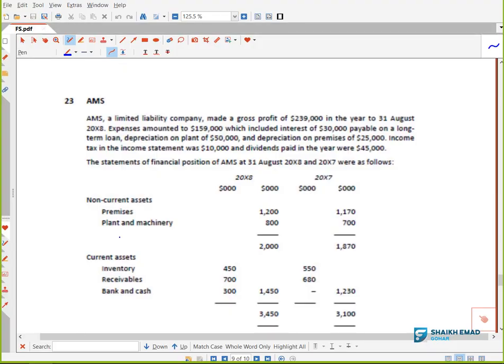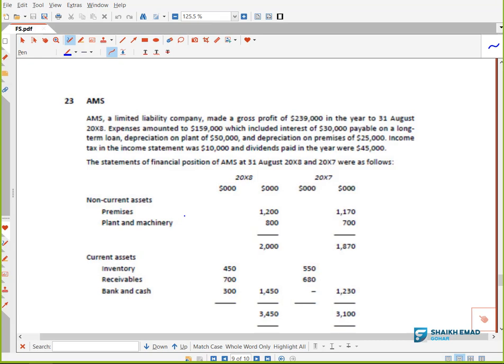Again, my purpose is not to teach you only for the exam. From a practical perspective also, you need to know how to make a cash flow statement. Right or not? In an interview you will go to later on after qualifying CMA, the interviewer will ask you, please make a cash flow statement. What will you say? You will say, sir, I only know how to solve MCQs, I don't know how to make a cash flow statement. Big problem, right? So that's why you need to know how to make the cash flow statement.